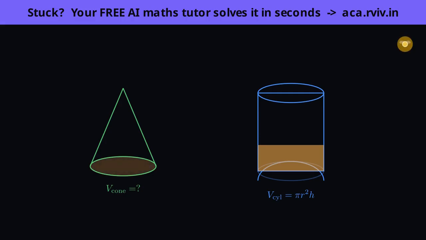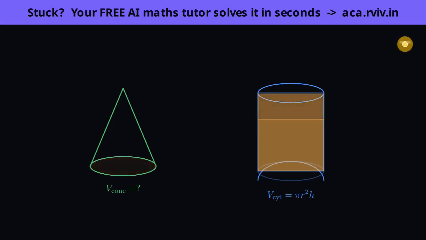Let's fill the cone again and pour a second coneful in. The level climbs, and now the water reaches 2/3 of the way up. 2 cones, 2/3 full. Do you see the pattern forming? One more. Fill the cone a 3rd time and pour it in. And there it is, the water reaches exactly the top, not a drop over, not a drop short. It took precisely 3 conefuls to fill one cylinder of the same base and height. 3 cones make one cylinder.